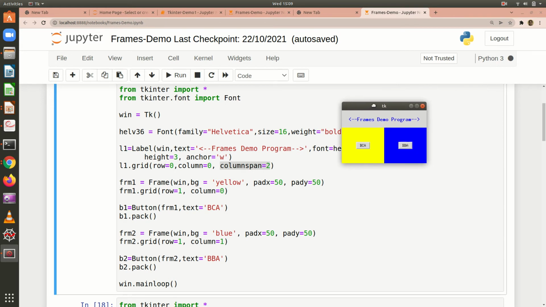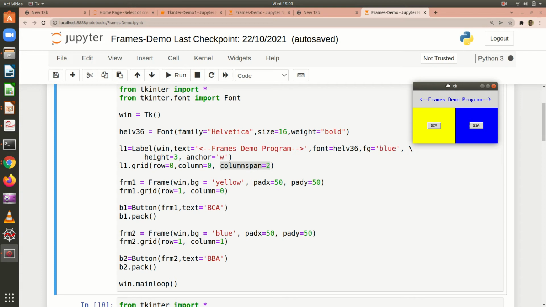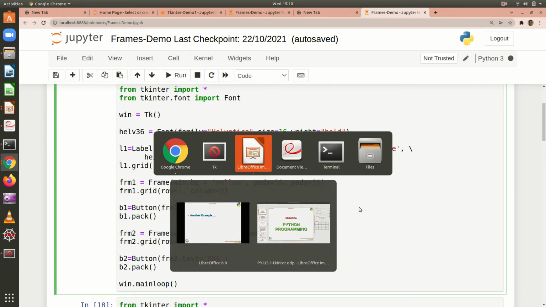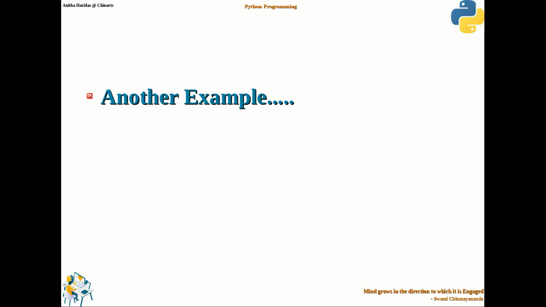This is another simple example you can have for the frame widget. So like this, if you want to have a separate container for some of the widgets, you can create frames on the window. This is the advantage of having frames in Tkinter GUI programming.